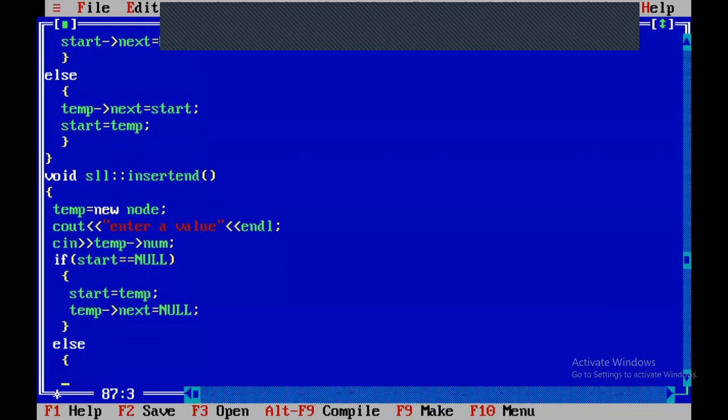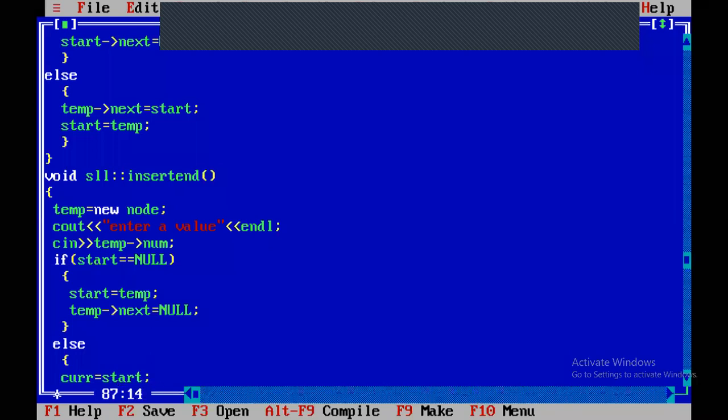If the list already exists, you have to check the last node. So how to determine it is the last node? When the address field of a node is null, then that node will be treated as the last node. So we have to start from the first node: CURR equal to start.